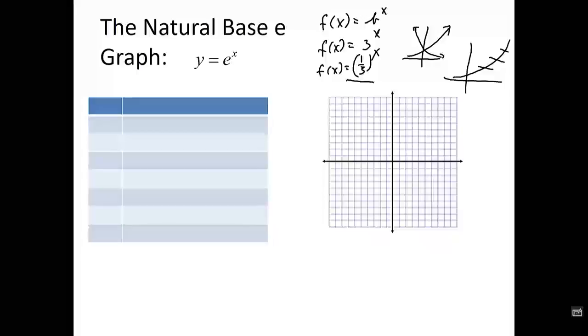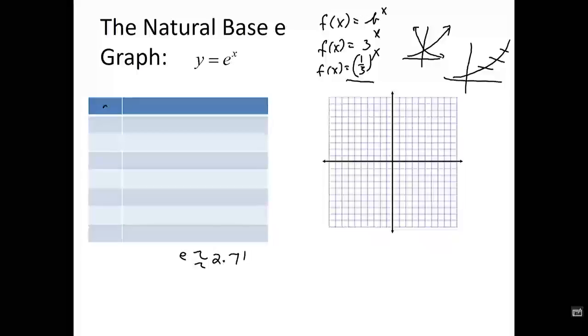With that said, let's consider now the graph of the natural base, y is equal to e to the x. We know that e is an irrational number, which is approximately 2.71. So in order to graph this exponential function with base e, the natural base e,